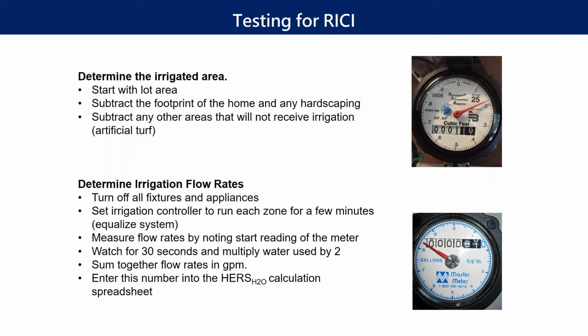You subtract that from the lot area, and then you subtract any area that's not going to receive any irrigation. So artificial turf might be an example, or you have only drought tolerant plants in one area, so you're not going to have any supplemental irrigation there. You subtract all of that from the lot area, and then to determine the irrigation flow rates, you would